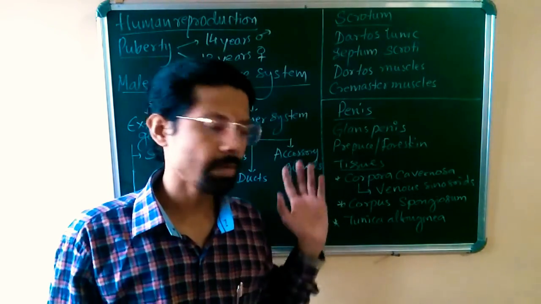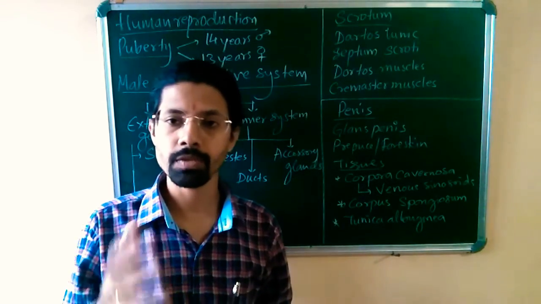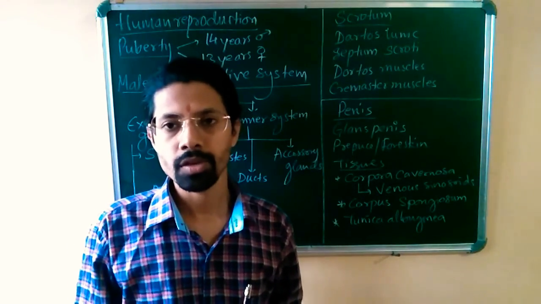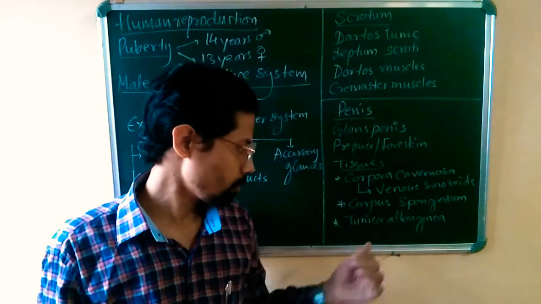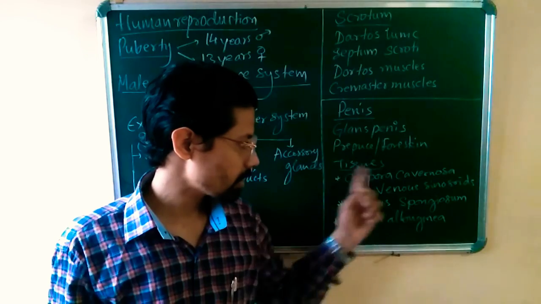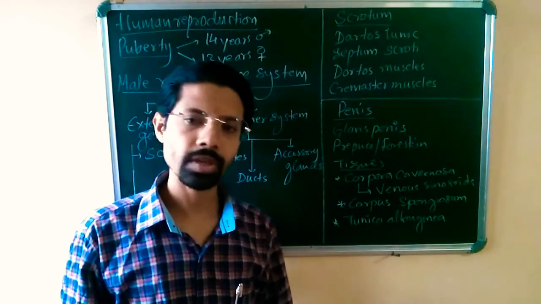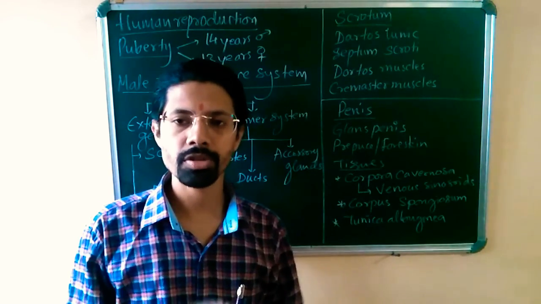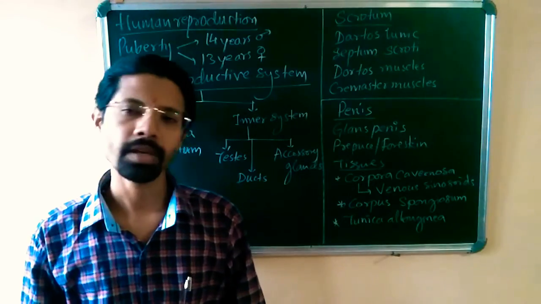Now this is a very important factor for your process of reproduction. Whatever points I have mentioned here are very essential for your entrance exams as well as for your theory understanding. The words I have written on the board, I have explained very briefly here. One more thing you can add there. Externally, all these tissue structures are covered with a connective tissue called tunica albuginea. Tunica albuginea is the covering layer of connective tissue present inside the penis.